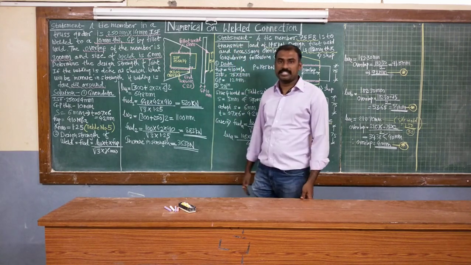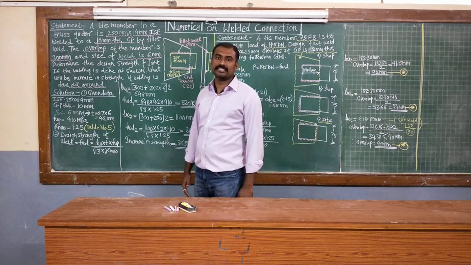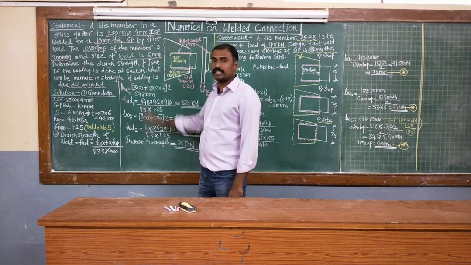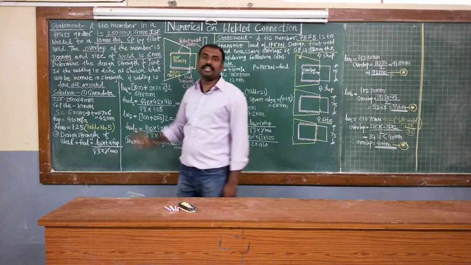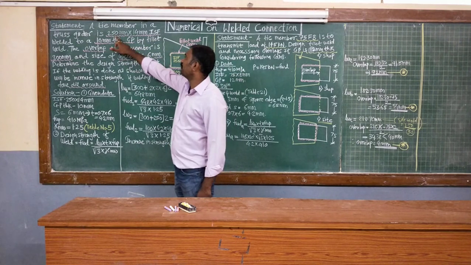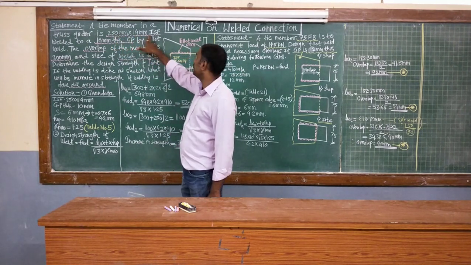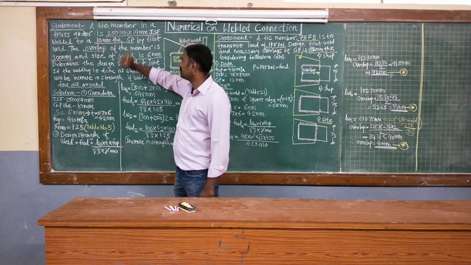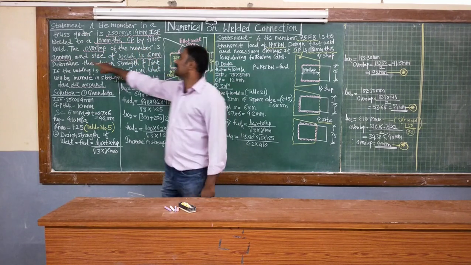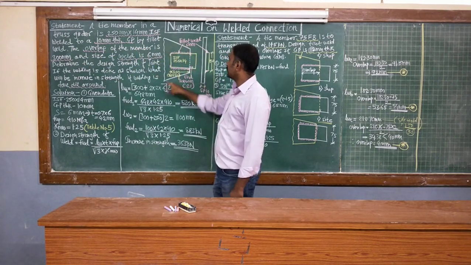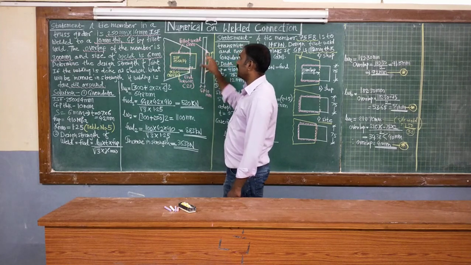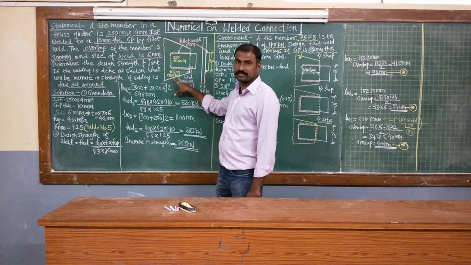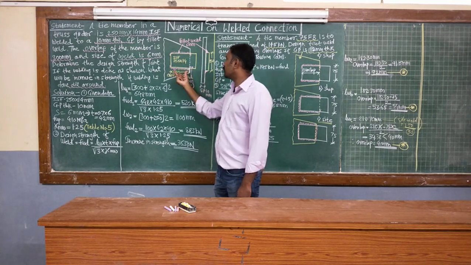Using the statement, initially we are going to write down the given data, and purposefully I have underlined the values that are required to solve the problem. In the given statement, initially the size of the Indian standard flat, that is ISF, is given as 250 mm width and 14 mm thickness. Again, it is connected to a 10 mm thick gusset plate. That is the second data. Next, the overlap for the member is 300 mm. Here one gusset plate, a white color gusset plate, is shown to which your Indian standard flat is connected, and the overlap for that particular connection is given as 300 mm. So Indian standard flat 250 by 14 for an overlap of 300 mm.